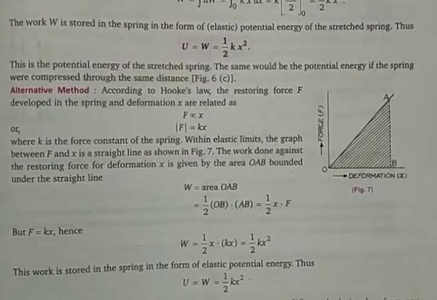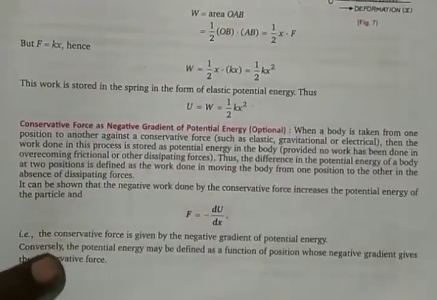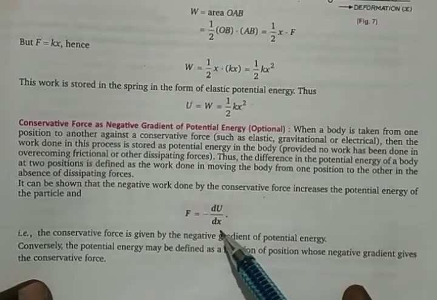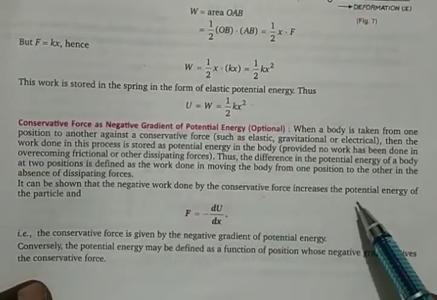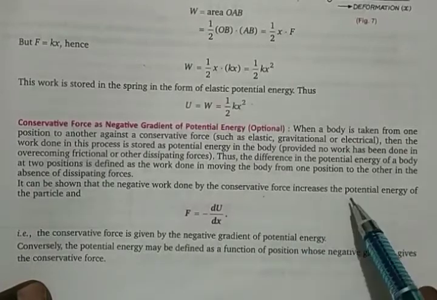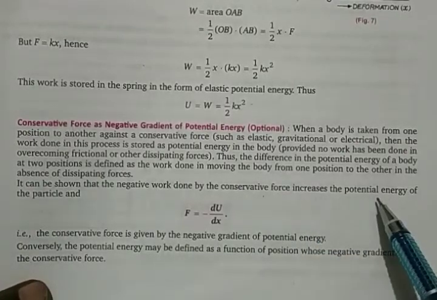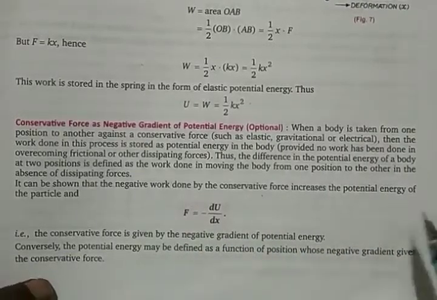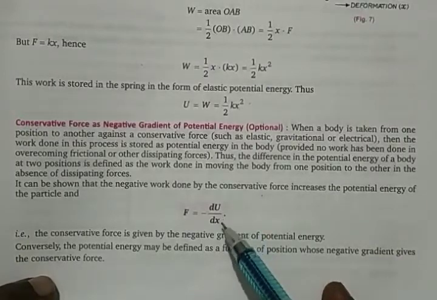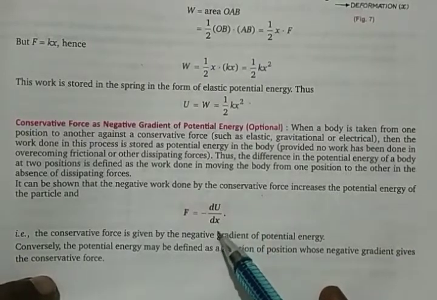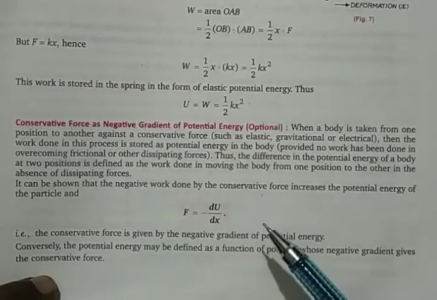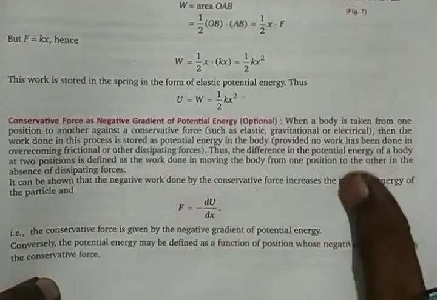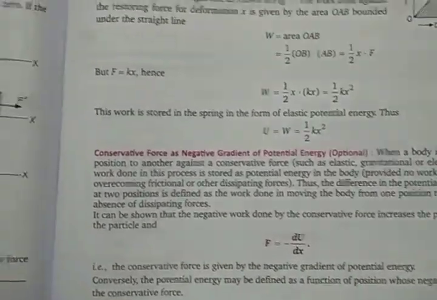So one more, just a note of it. For the conservative force, the force is going to be equal to minus du by dx, that is minus of the potential energy. The increase in the potential energy is the negative work done. It is actually a negative work done upon dx. It is called potential gradient. Du by dx is potential gradient. Work done is going to be equal to minus of potential energy. Whenever you do work, it is stored as a negative of it. So that's what the potential gradient is.